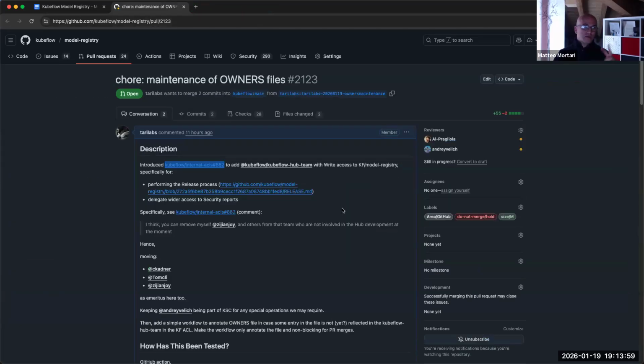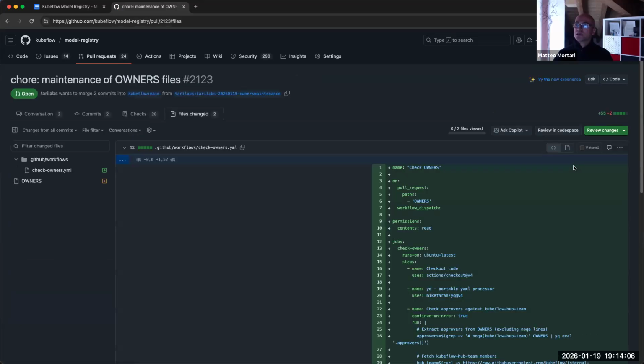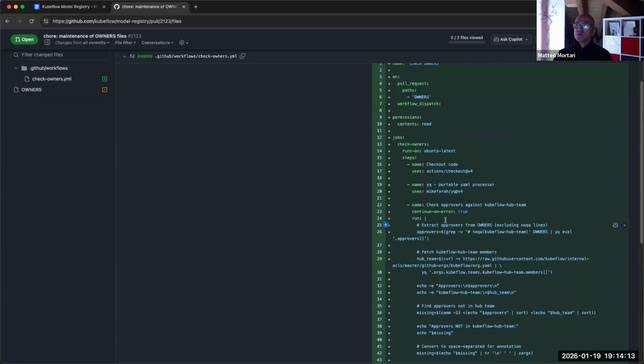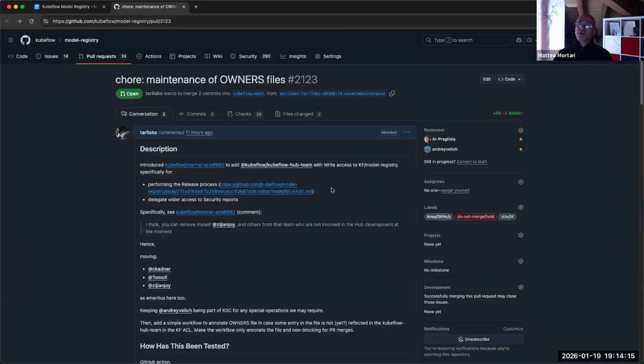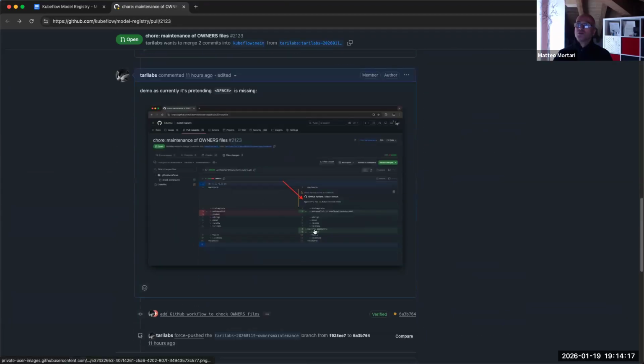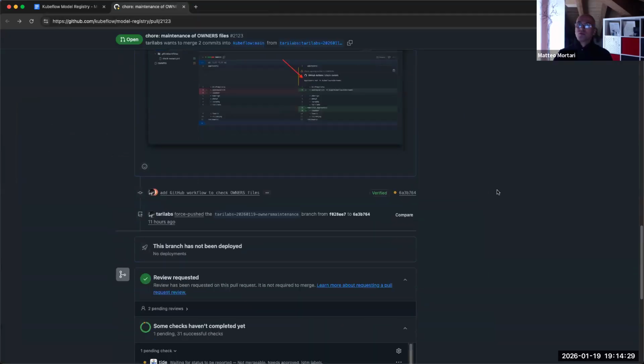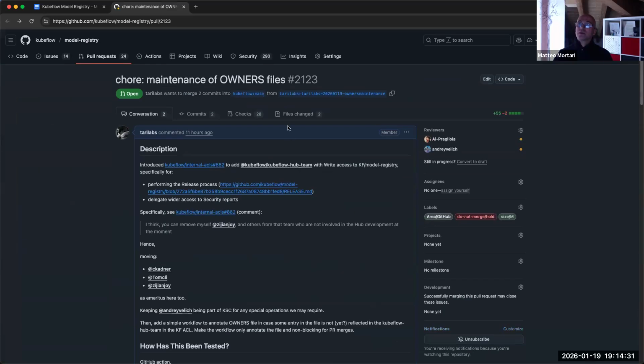To do the sanity checks, as we will maintain the OWNERS file, I've added a simple check here that makes sure that everybody who is an approver is also in that team. It doesn't block the PR. I just provided a demo on how it will show in the PR review. So the moment that we add an approver, we will get a reminder to add them. The reason why I'm bringing this here, beyond the way that this works, is that I need